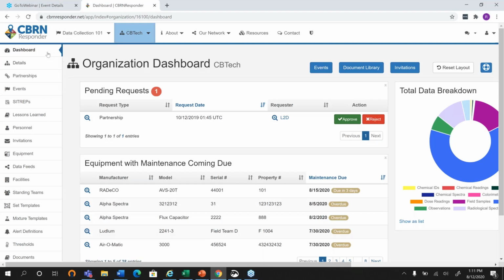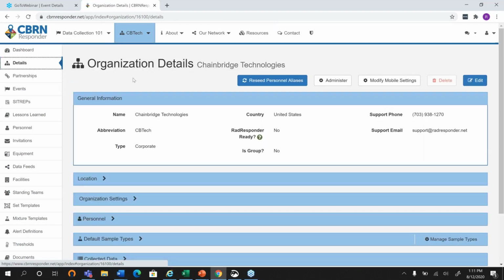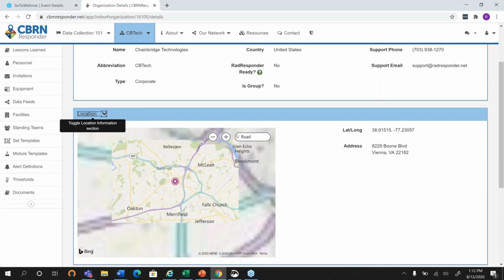Next, we will be going down this left-hand side menu just to get a good reference for the organization space. So next we will be going to the organization details. So what's good about here is this is just very high level stuff. You can obviously see this is just about your organization's specific details, the location,